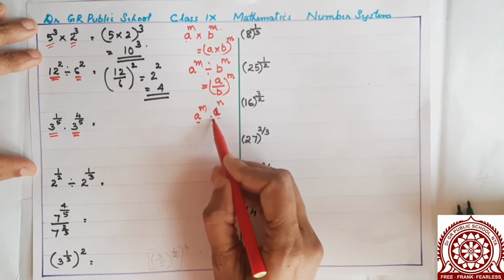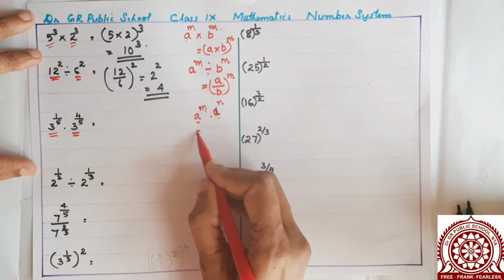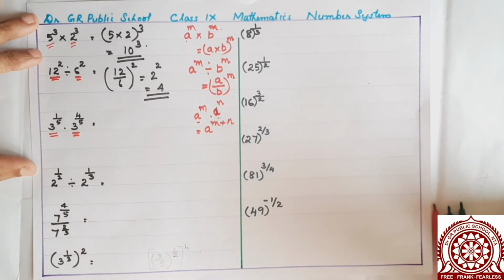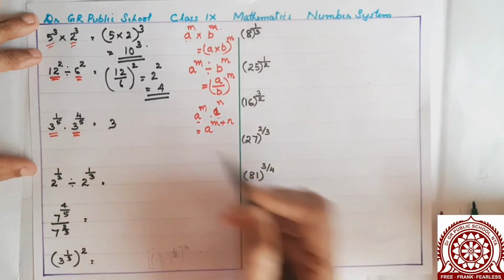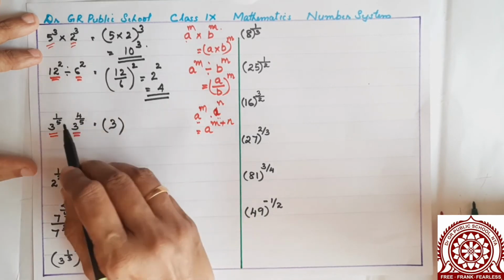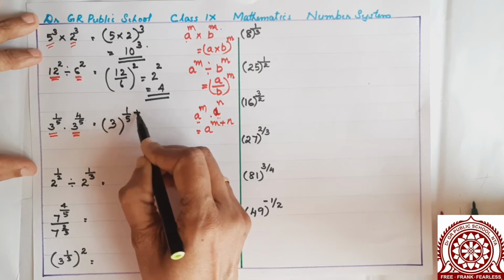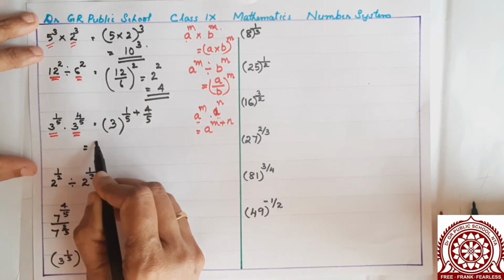That is A raised to M plus N. Okay. So what is it? 3 raised to M plus N, that is 1 by 5 plus 4 by 5. It is 3 raised to